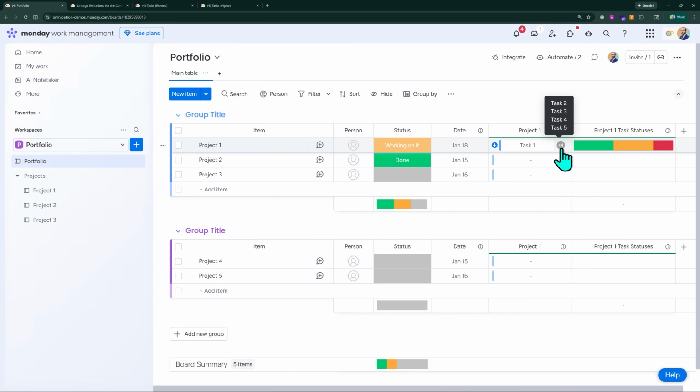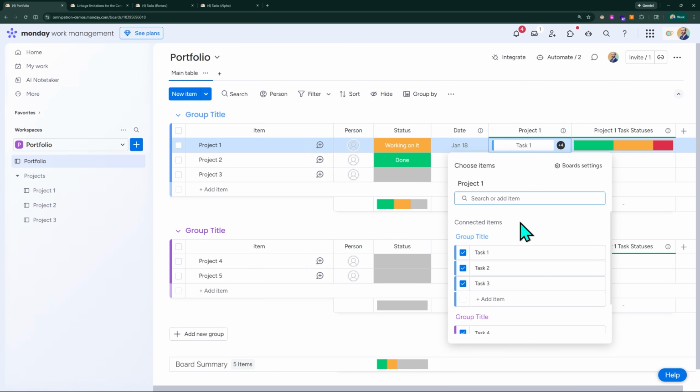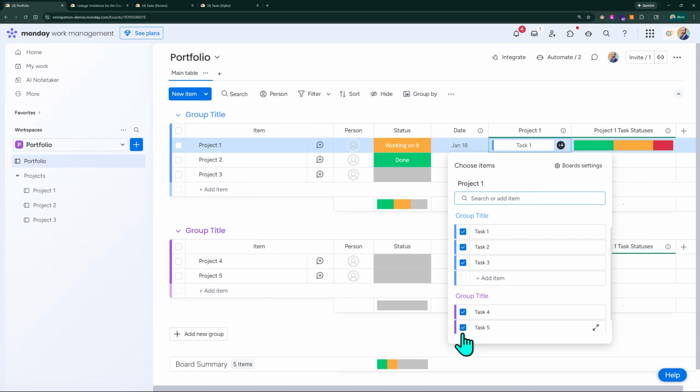So if I was to click on this plus symbol right here and unlink these tasks, you will see that the statuses will start disappearing. So if I unlink these, see how it all disappeared? Now if I link them back,